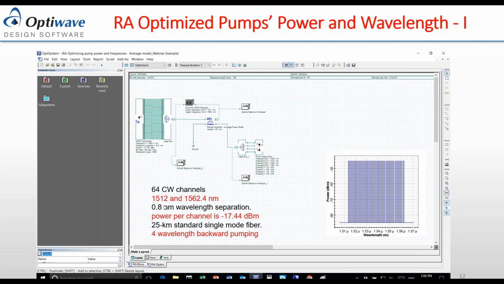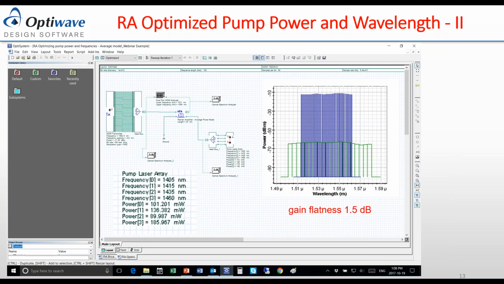The wavelength spacing between the channels is 0.8 nanometers. The power level per channel is -17.4 dBm, and the length of the bidirectional fiber here is 25 kilometers. It's a single mode fiber, and this is one of the examples which you may find in the library of the